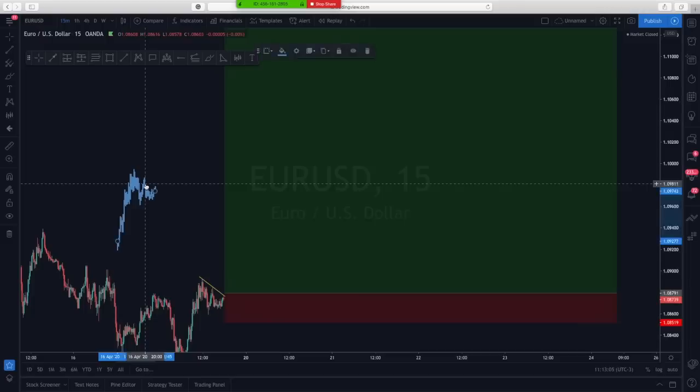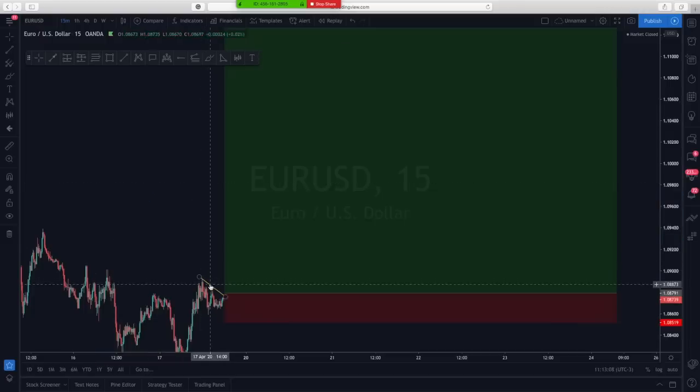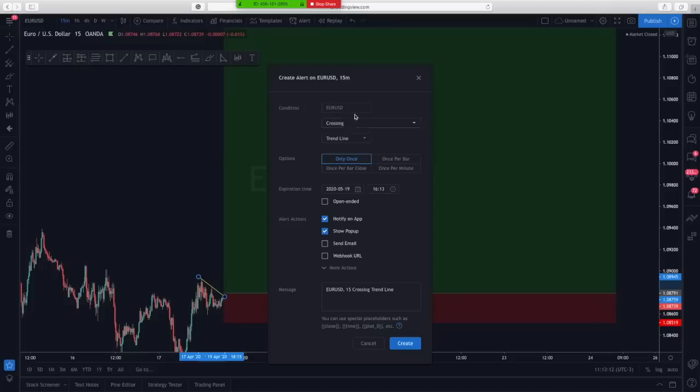And one thing that I like about using this platform, TradingView, is that you can easily do this. Come here to settings, add alert, and I'll say, okay, my condition is EURUSD crossing. I can say crossing up, when it's crossing to the upside, or moving up, moving down, crossing down. If I choose this trend line, or maybe a value, which would be a specific amount, but let's say trend line, and the option is only once per bar close.